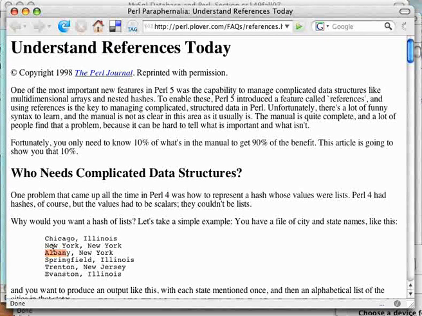So what we're going to do now is store one scalar variable, but this time it will be an address to an array where we can now store as many cities as we want on one key of a hash, in this case New York,